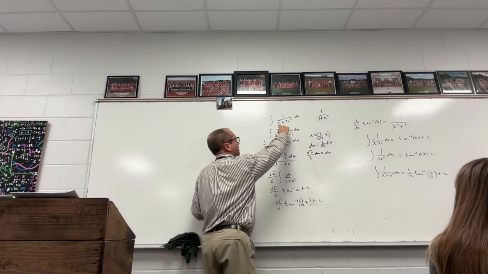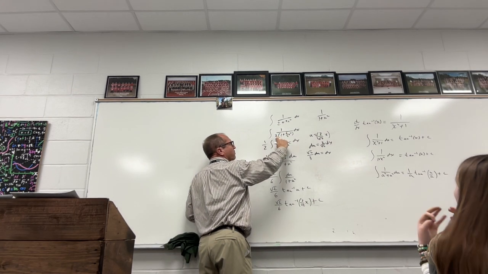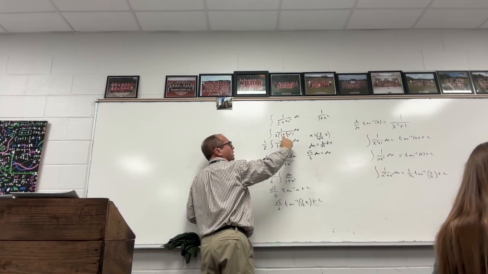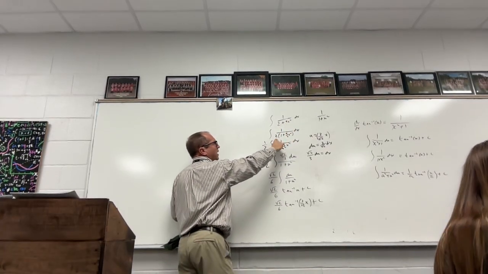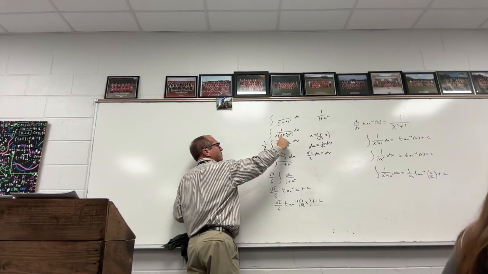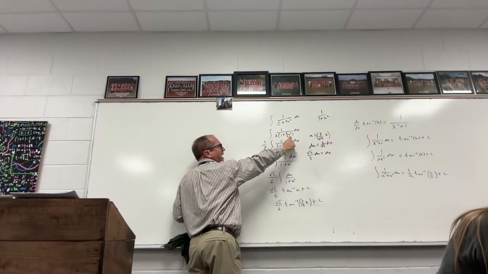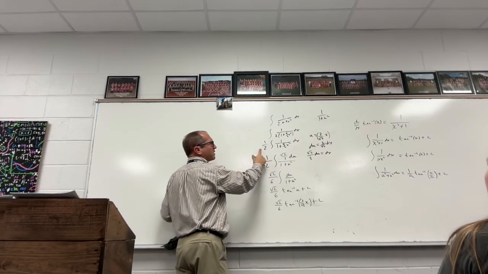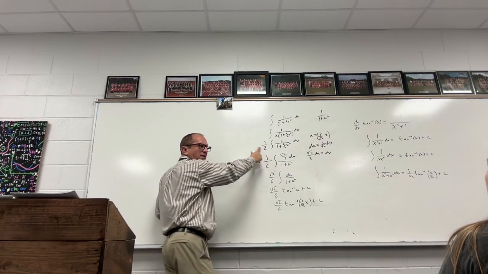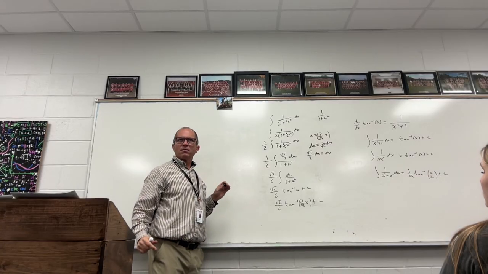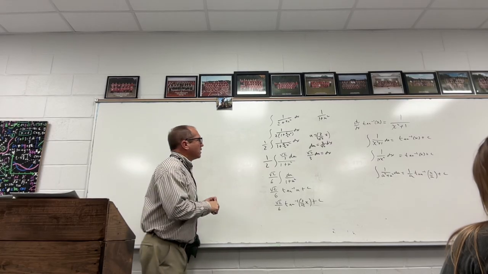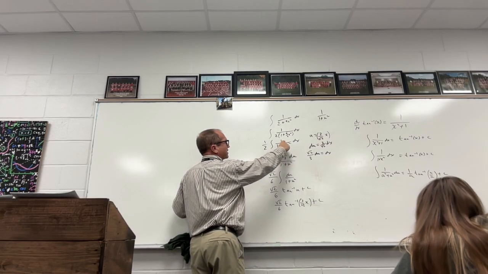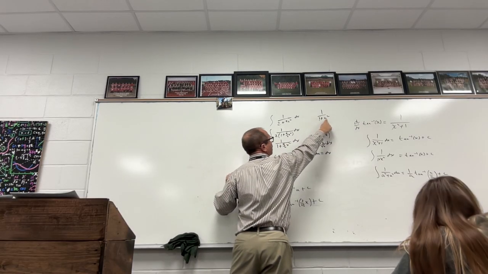So the first thing I do is I make this 2 become 1. So I factor a 2 out of 2 and out of 9x squared. So factoring a 2 out, I've got 2 times 1 plus 9/2 x squared. So I factor my 1/2 out front. And I'll slow down if I need to. Okay. So at this point right here, this is in the form of 1 plus u squared